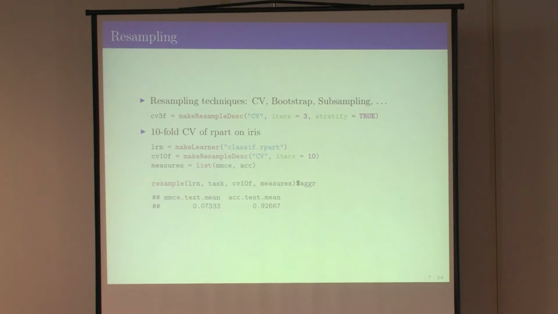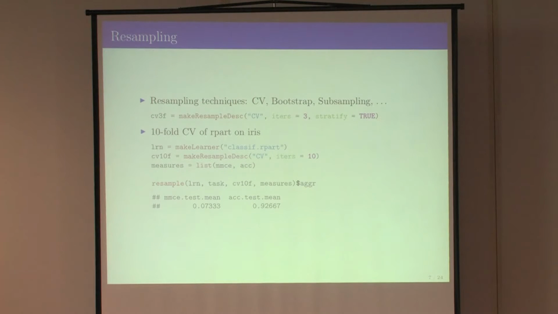And all of these esoteric variants of bootstrapping like B632+, if you want that for your really small data sets with less than 200 observations. Here's how you call it. So you create a learning algorithm first. Again, let's use a decision tree. We do a tenfold cross-validation. So we create a resampling description object, cross-validation, tenfolds.